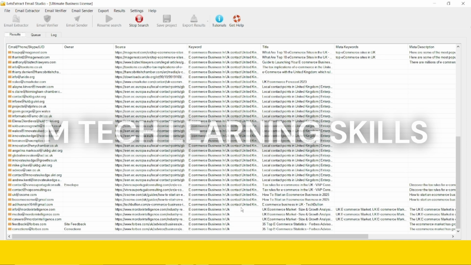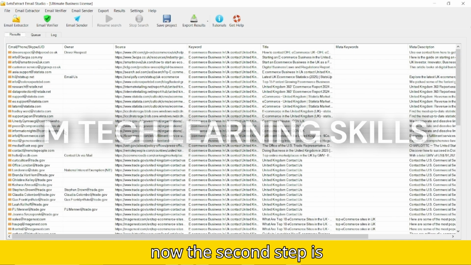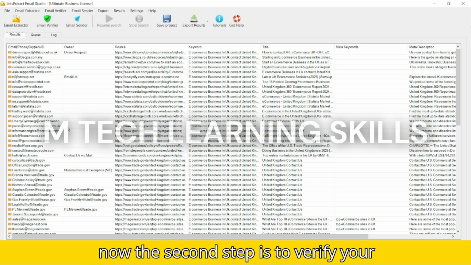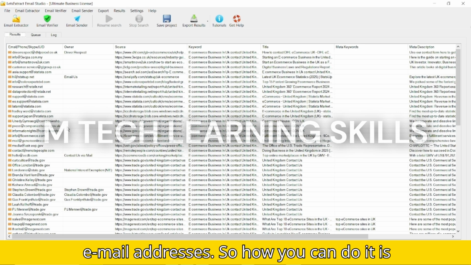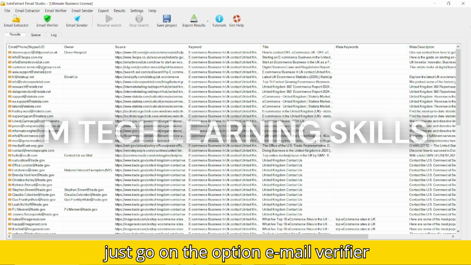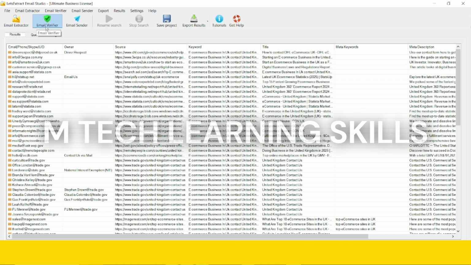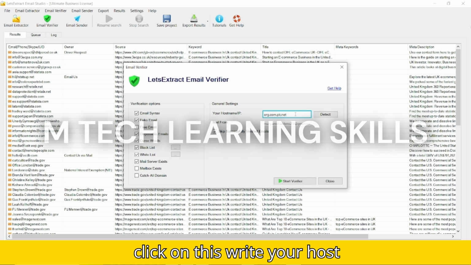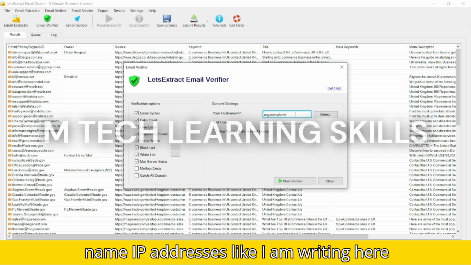You can see more results are found as we continue with advanced search. Now the second step is to verify your email addresses. How you can do it is just go to the option email verifier, click on this, and write your host name or IP address, like I am writing here